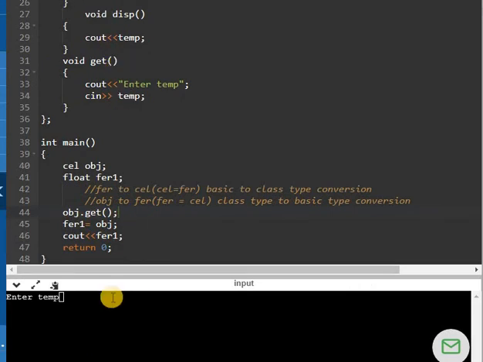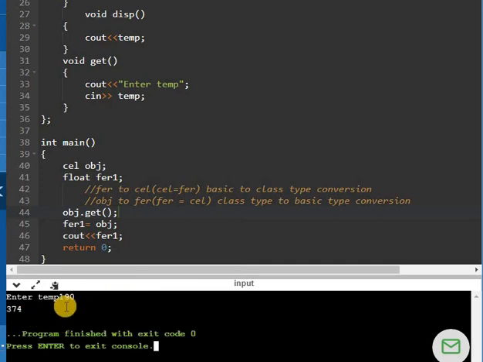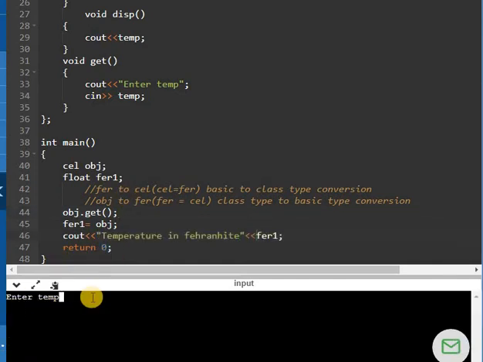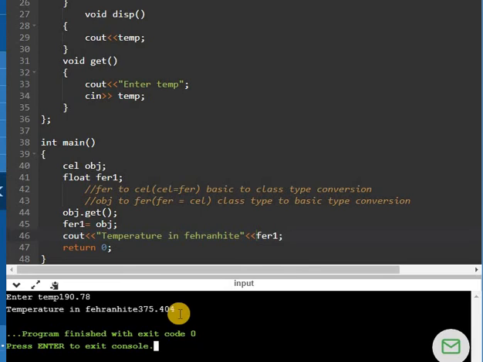As I run this program, it will ask you to enter the value for temperature, and you can enter the value of 190. We saw the 375 degrees converted into 190 degrees Celsius, no? So we will do the reverse in this case. Okay, so around 374 temperature in Fahrenheit is displayed. So you can enter again. I am entering a float value, so it will display the float value.